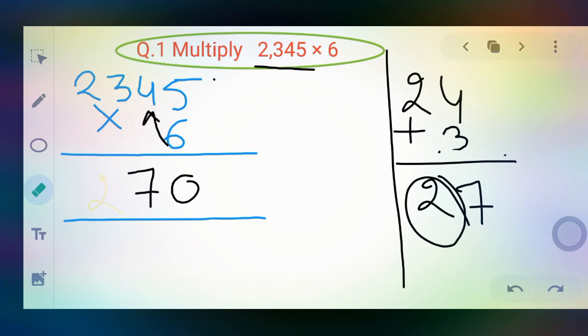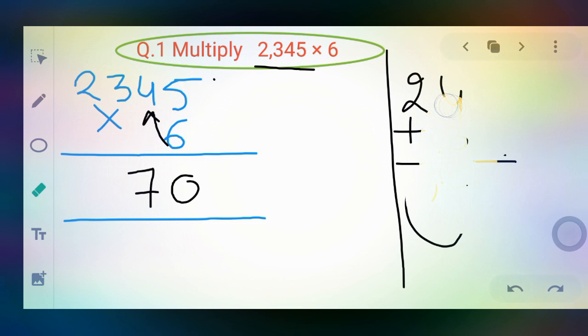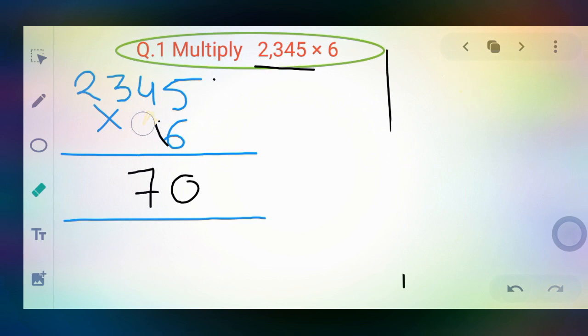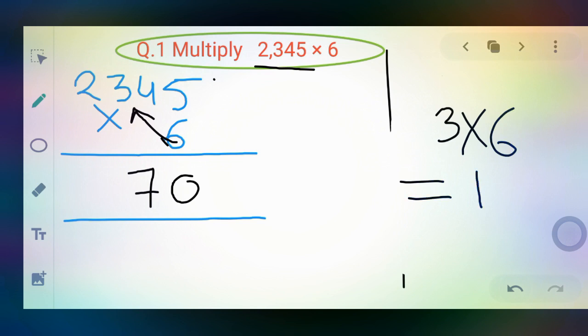So dear student, 2 is here as carry. Now, what do I do? Now dear student, I will multiply 6 with 3. So what do you get? You get 3 6s, or you can say 6 3s, the answer is 18. And you know very well how much carry is here. So 6 4s is 24, and you already know 3 is carry, this becomes 27.